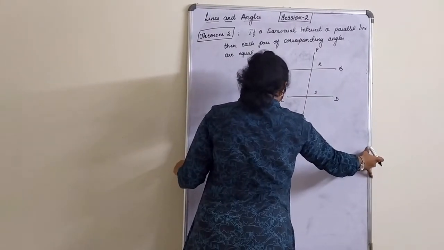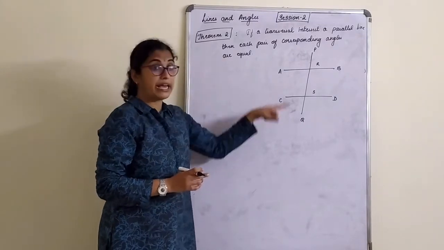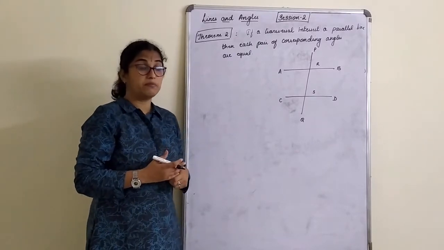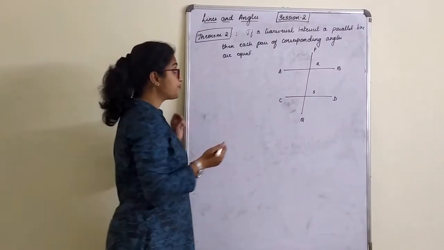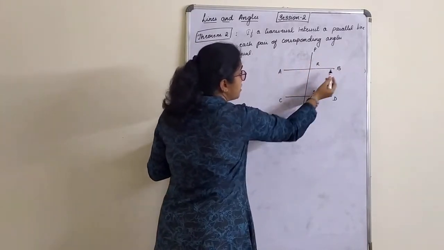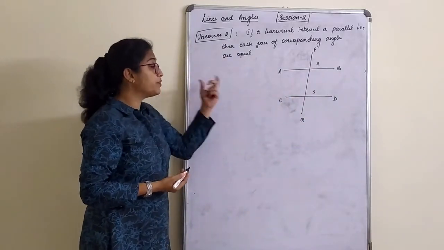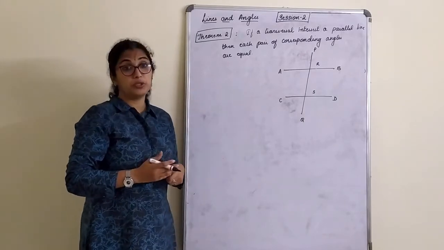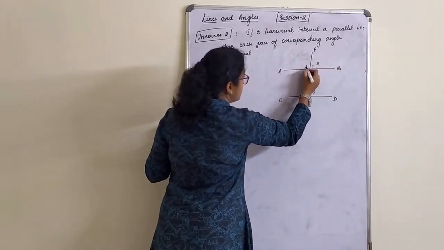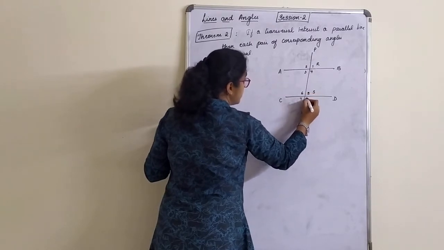So children, one thing you have to be very confirm one thing. I am going to number these angles and do according to the numbers. But in school, if they do not allow you in numbers, you have to read the angles. How? Angle PRB, angle PRA, or angle BRS, right? That is how you have to read it. I'll just show you with one or two reading angles, but I'm going to use numbers for the angles here. So 1, 2, 3, 4, 5, 6, 7, 8.